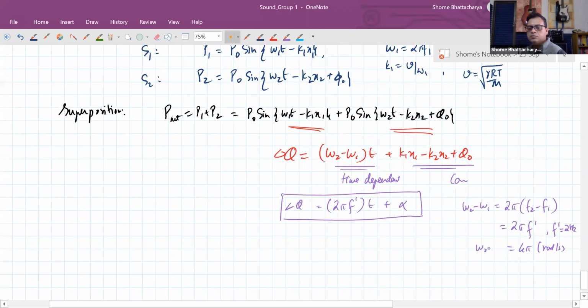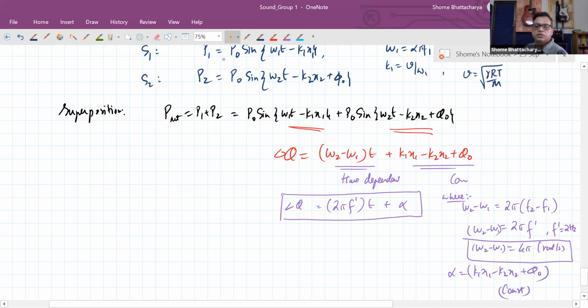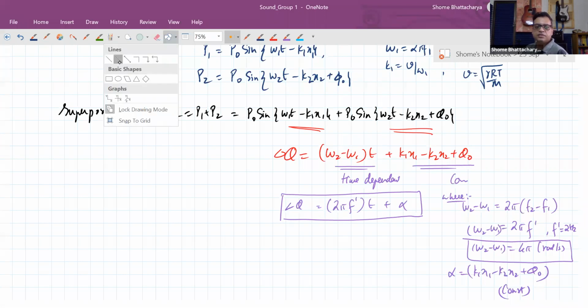This term is like this. Okay. And alpha is a constant which is simply given by that. So importantly, it's a constant. So now instead of getting into the maths, if you just visualize the phasor diagram, then you realize something interesting,